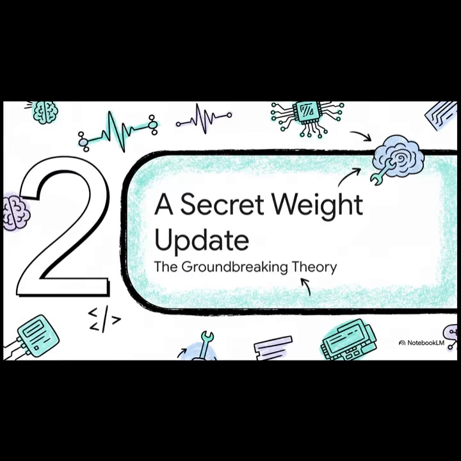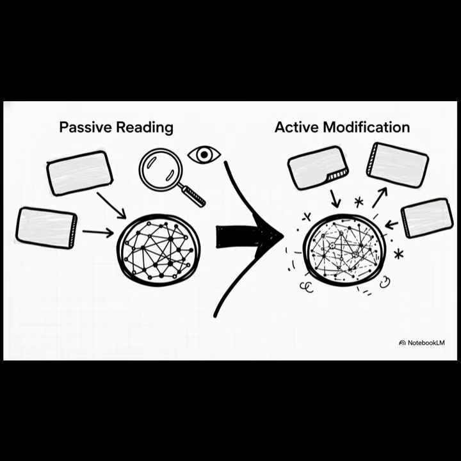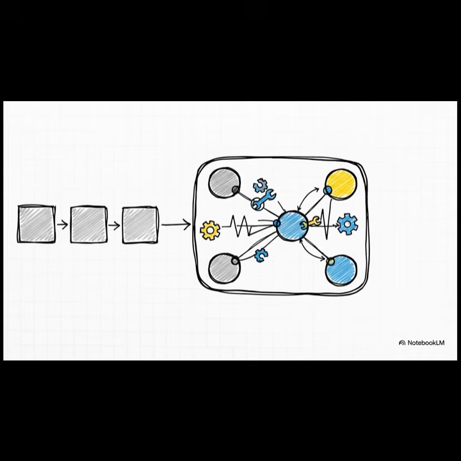And this right here, this brings us to the core of the whole discovery. The researchers propose that, yeah, there is a weight update happening, but it is not at all what you think. It's an implicit, totally temporary update that happens in a flash for every single prompt you write. So the huge insight here is that the model isn't just reading the examples you provide and using them as a reference. No, it's doing something way more profound. It is actively, even if it's implicitly, reconfiguring its own internal wiring based on the context you just gave it. I mean, think